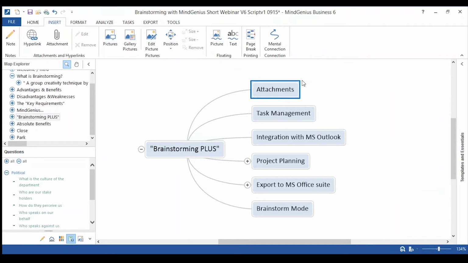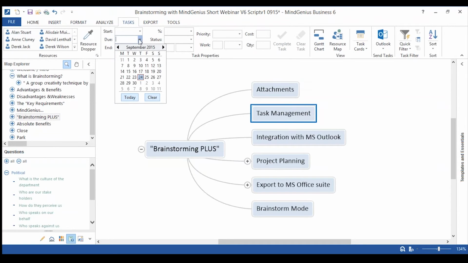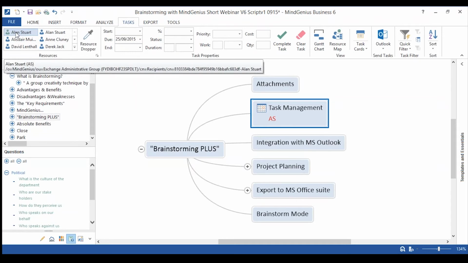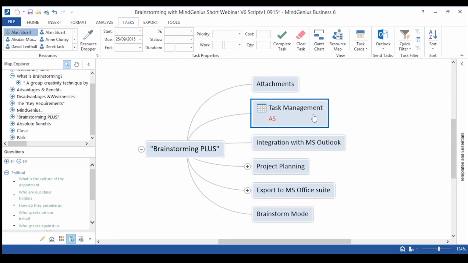You also build up knowledge pathways. You can attach any document, spreadsheet, presentation, any other MindGenius maps, sound clips, web pages, and so on and so forth. You can manage tasks with MindGenius. You can assign due dates and ownership to a map, so we can assign a due date and a name,